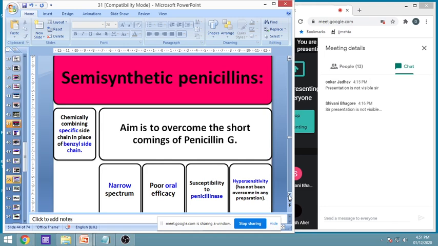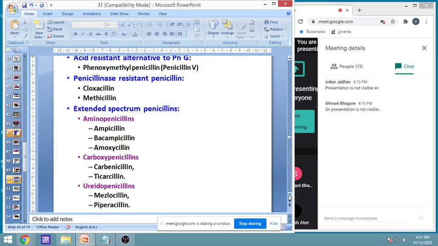We have already said one important thing: penicillin is the safest drug, but at the same time it can be very dangerous in one situation. We shall see about it, how it is, and this will help us understand how these adverse effects are important, and what has to be done in those cases. So we shall see about all these drugs, various agents, various classifications of these semi-synthetic or synthetic agents, and what their importance is. So I hope you are understanding this.